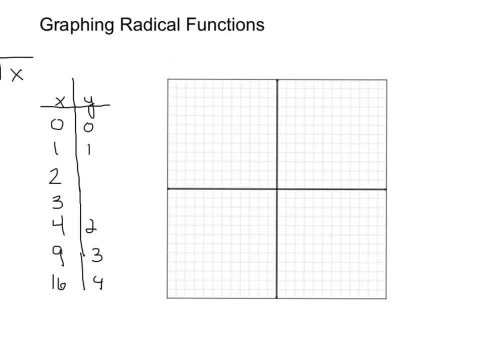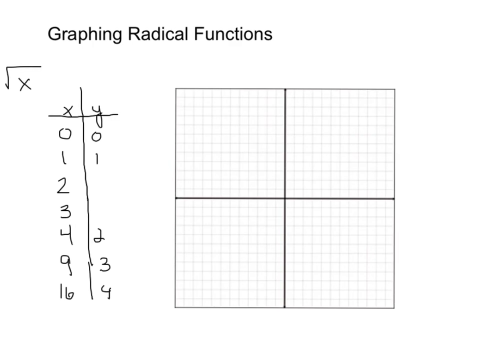As we're graphing this, we're going to want to make sure that we pick our x's and y's to make sense. I only need to get from 0 to 4 on my y, but I do need to get up to 16 on my x. So you can see that I made my intervals much larger on the y-axis than I did on the x-axis. So we have 0, 0, we have 1, 1,